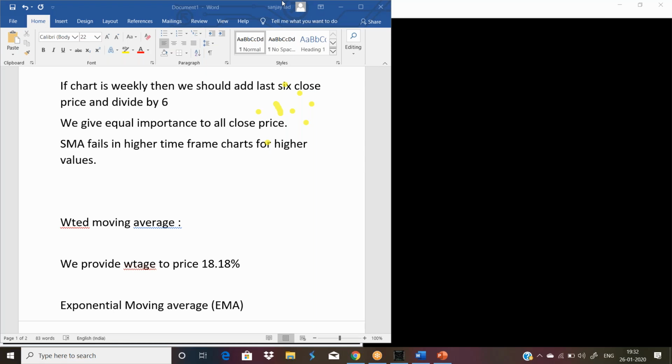So it is properly integrated with the previous close price, previous EMA value, and the common factor K, which is equal to